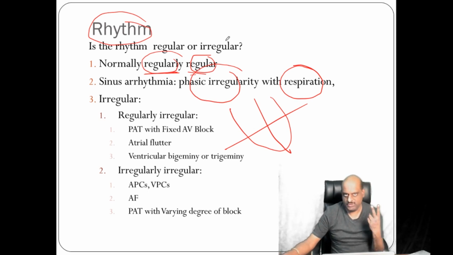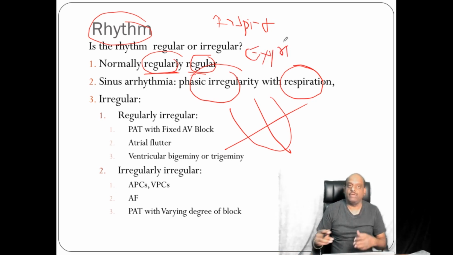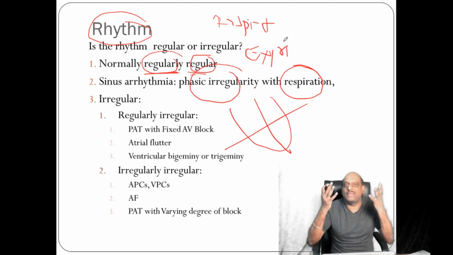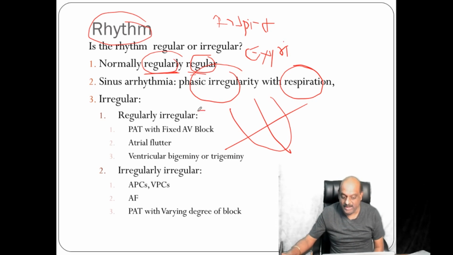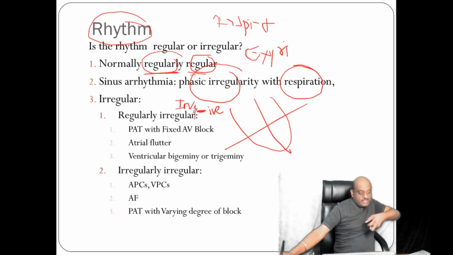There are two phases of respiration. One is called inspiration, very good. Other is expiration. So, whenever you are inspiring air, what's happening? There is a negative intrathoracic pressure whenever you are having inspiration. Agree? So that negative intrathoracic pressure, what will it do?